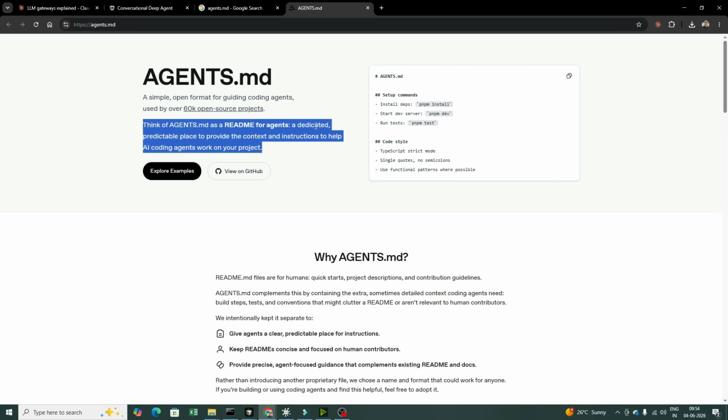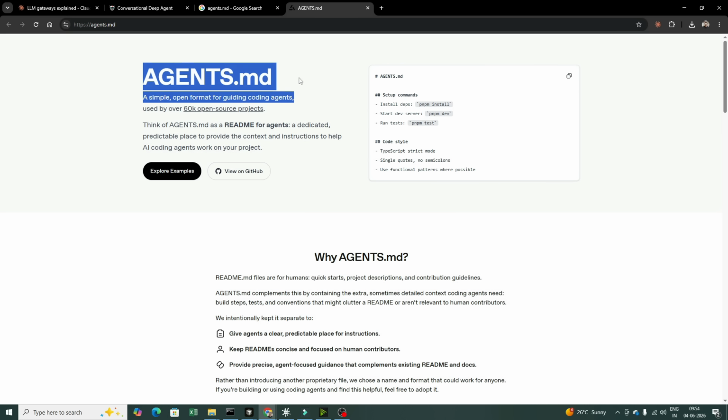Now, just imagine if I go ahead and create this agent.md file which gives basic information of the kind of projects that we may be developing, or the necessary initial context that may be required for the agent so that it gives us an accurate answer. It's just like